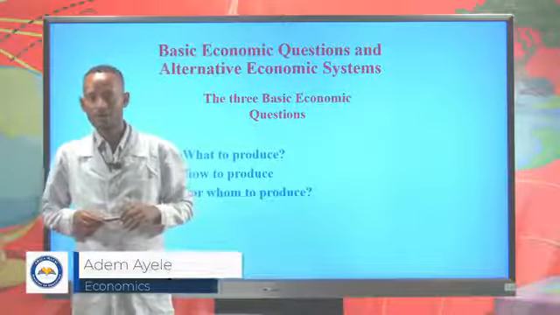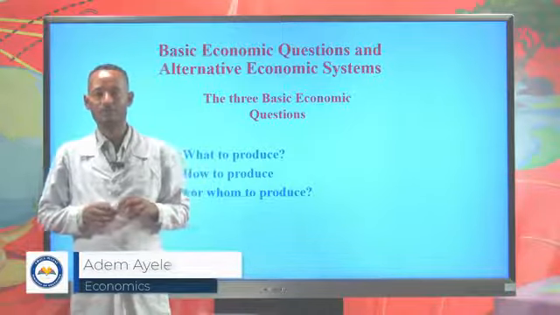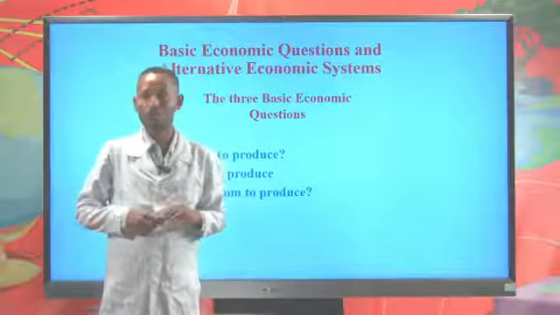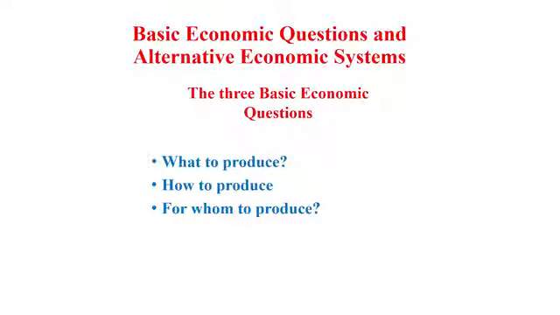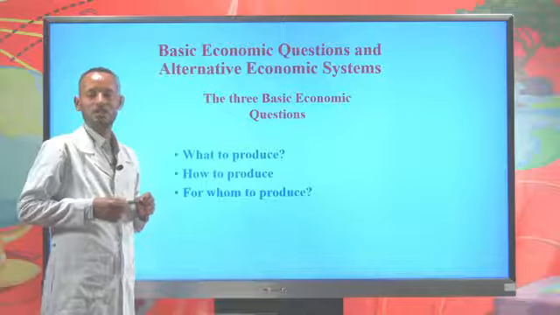This is an economics revision lesson for grade 11. This is the fourth revision lesson of unit 1, which is about the basic economic questions and alternative economic systems. There are 3 basic economic questions, called what to produce, how to produce, and for whom to produce, that confront every